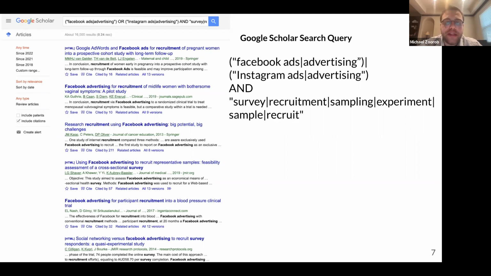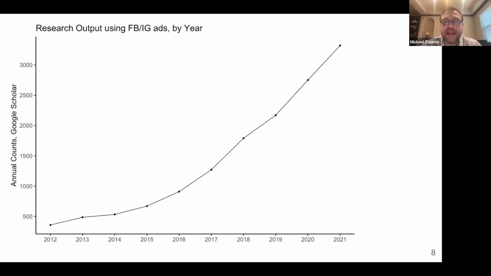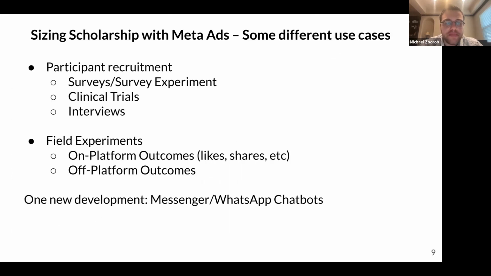But this is a huge one, basically. So if you look at this by year, it's increasing. I mean, in some ways, this is not too surprising, but there's growth in the number of Google Scholar counts of outputs by year. This is simply constraining the search that I described in the previous slide to each calendar year and then plotting those. So as you can see, it is a growing thing, and it's growing pretty quickly.